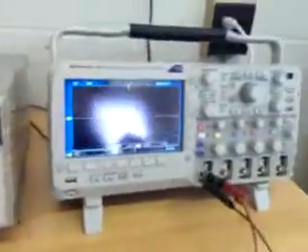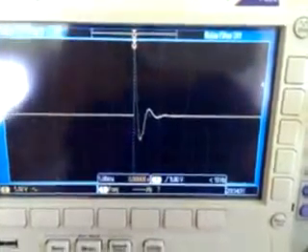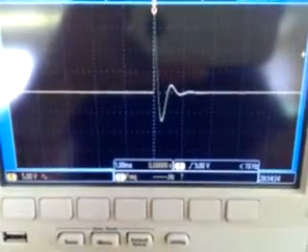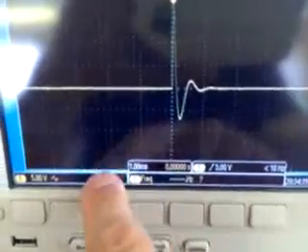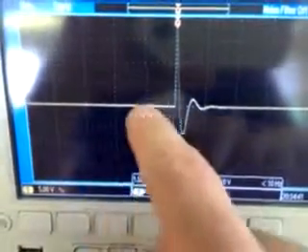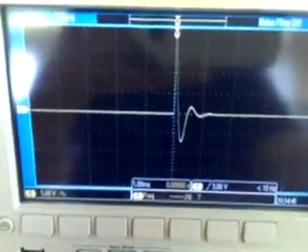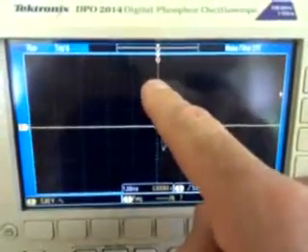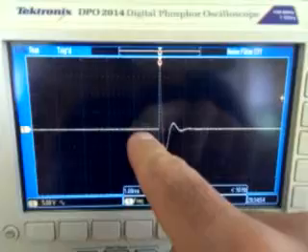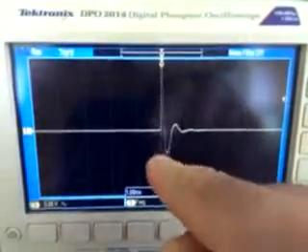Just to focus in on the oscilloscope, this is what you should be seeing. If you press auto set, you can try to hone in on this, but as you can see, I have my time-base scale here, where each square is 1 millisecond, and my scale for the y-axis is 5 volts. So you can see here the underdamped response, where the square wave inputs a signal, steps up to 10 volts, and then the system